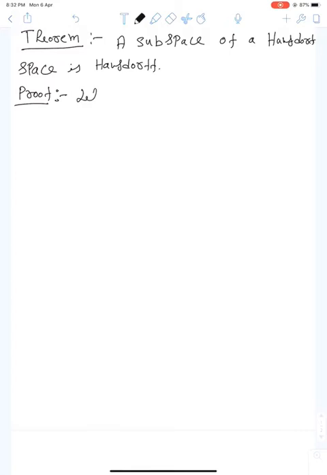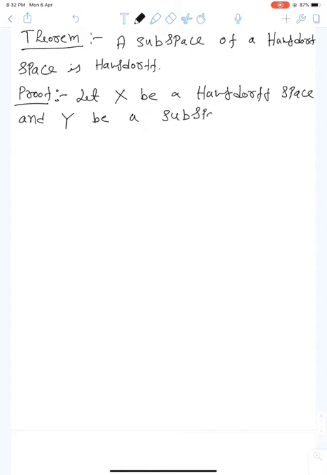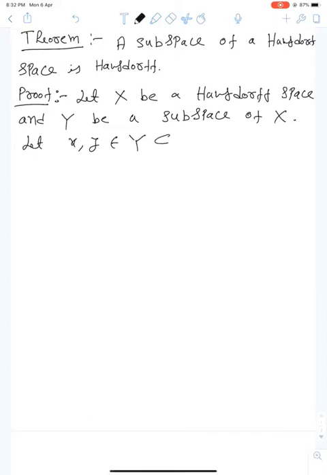So let X be a Hausdorff space and Y be a subspace of X. So let two points x, y belong to Y. We need to prove that Y is Hausdorff, right? Now since x, y belong to the topological space Y, they are also in X. Now since X is Hausdorff,